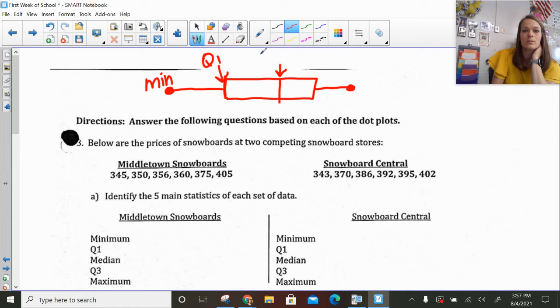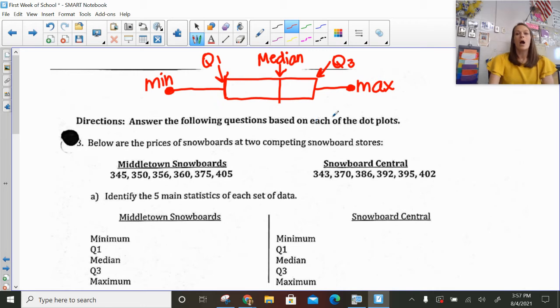The middle will be the median. This line will be quartile 3. And this dot down here at the end will be the max. So we call this a 5 summary statistics because those 5 numbers tell you exactly the numbers for your box